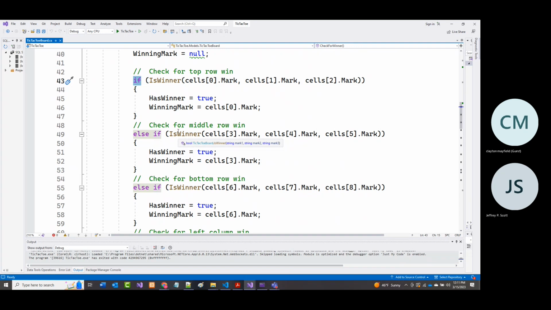That's the first thing. Second, I'm not sure which one, but check the numbers in here with the mark and the winning mark. One of them I think I changed, but unfortunately I didn't write down which one I changed. So I'll give you a second to look through these first three, because that's the top, the middle, and the bottom. Those are our rows. And again, I'll wait until the clock goes till about 12:12 or so, and then we'll jump down to the next three, which are our column wins.